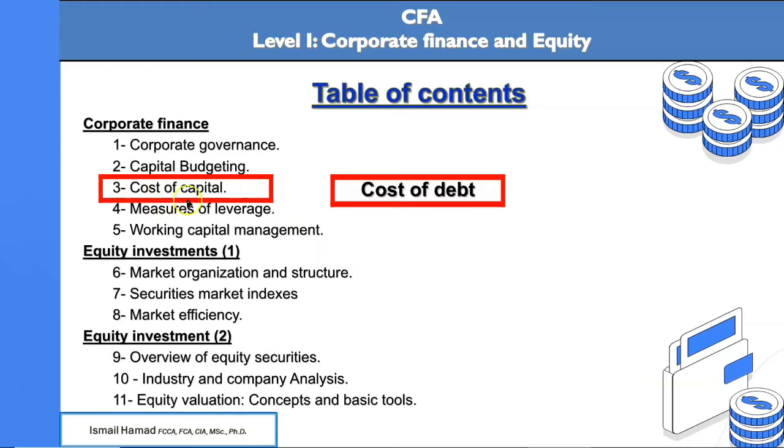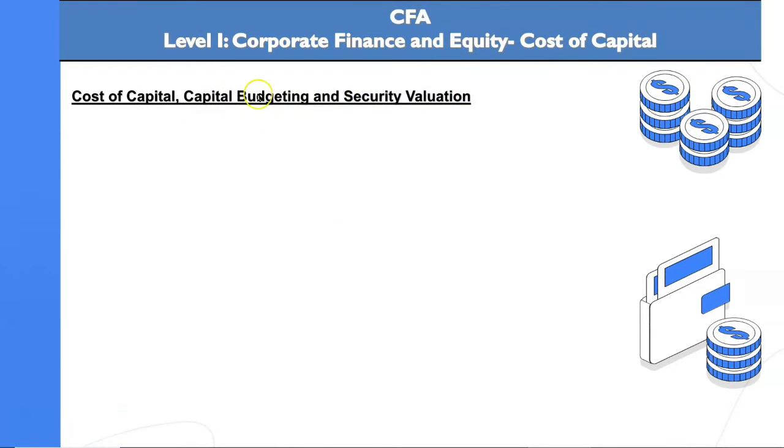As I just mentioned, when it comes to cost of capital, we have two topics. First, the impact of cost of capital on capital budgeting. What does that mean? How many new projects can I plan for next year? Budgeting means a plan for next year, budgeting of capital expenditure or revenue expenditure. So how much capital investment, how many new projects can I take given my cost of capital?